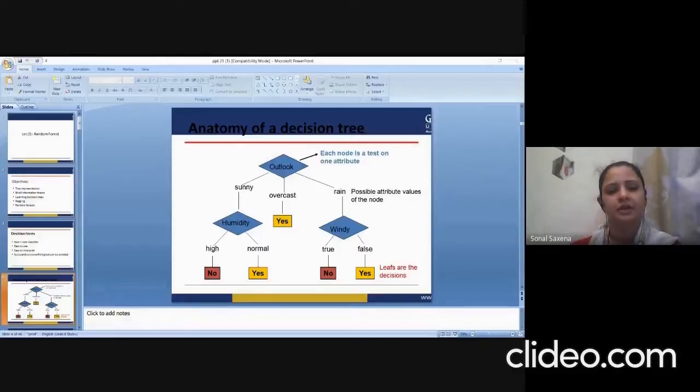Now, see, the random forest adds additional randomness to the model while growing the trees. Instead of searching for the most important feature while splitting a node, it searches for the best feature among a random subset of features. This results in a wide diversity that generally results in a better model. Therefore, in random forest, only a random subset of features is taken into consideration by the algorithm for splitting a node. You can even make the trees more random by additionally using random thresholds for each feature rather than searching for the best possible thresholds like a normal decision tree does.